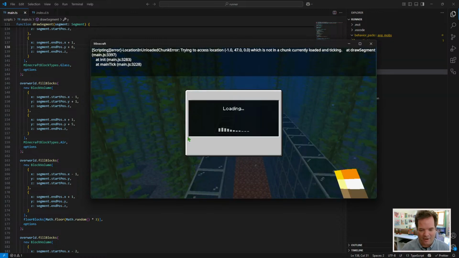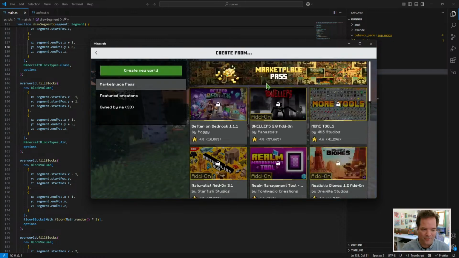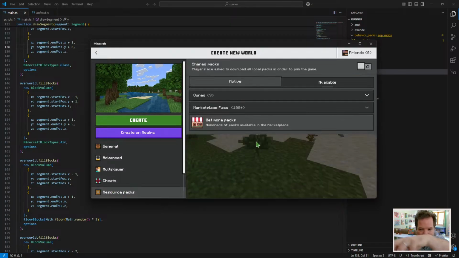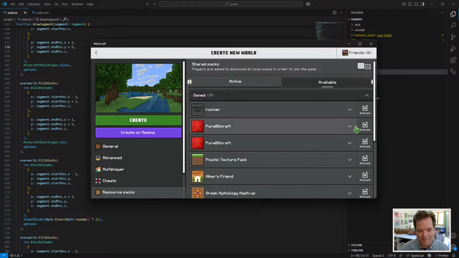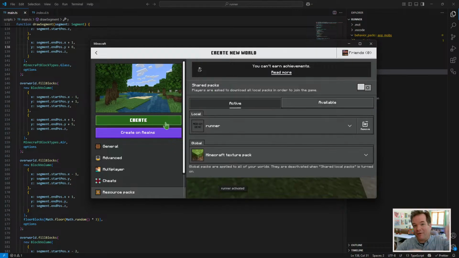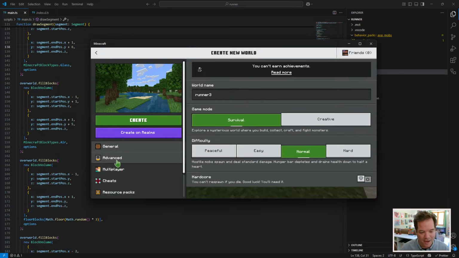All right, let me go create a new world just to see how this works in this new world. And that's probably about as far as I'll take it today. But you can see how you can do a lot of cool, fun things with this to make it a real runner game. You could create little obstacles in the middle so that the player has to jump over them. Obviously, you can add a whole incentive system of collecting things, maybe collecting different combinations of things to make different kinds of effects. That would be fun. Provisioning or creating different mobs behind the player, so that